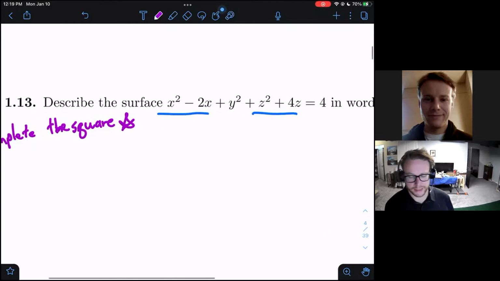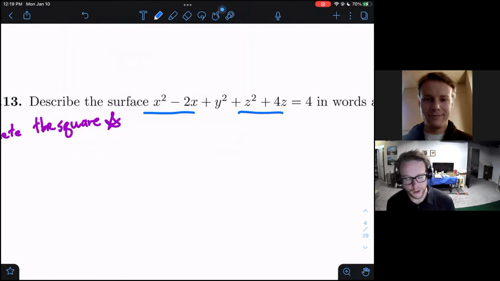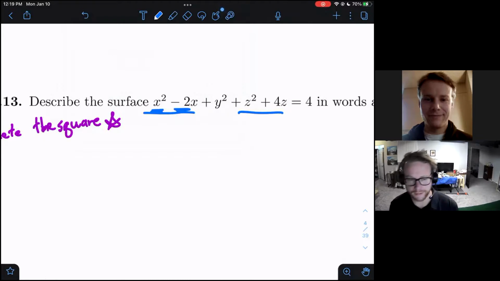So let's go ahead and spend some time reviewing completing the square. For completing the square, you spend a lot of time with this value that's next to the linear component, right? So you have your quadratic piece. That's all good and everything, right? This piece right here is typically called the b value.